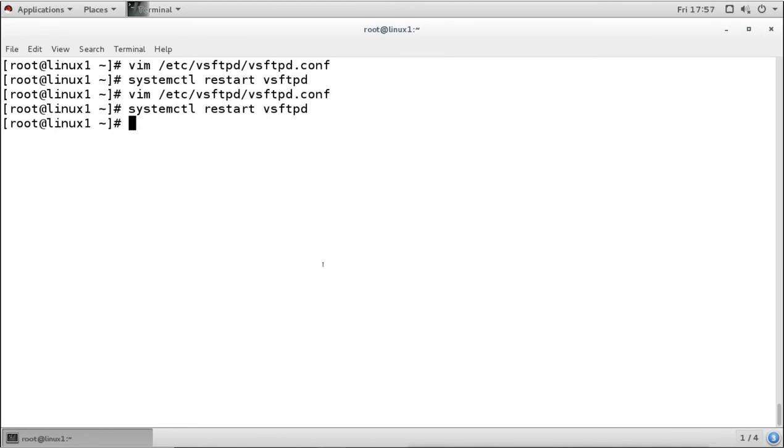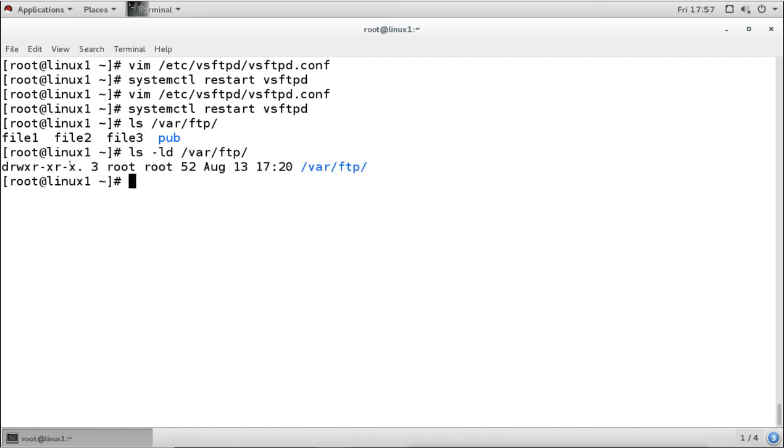That means when the anonymous user logs in, it goes to this FTP directory, and when the anonymous user tries to upload the file, it is trying to upload the file in this directory. Now anonymous, remember, is unknown. So what is the permission we have on this directory? When we check,